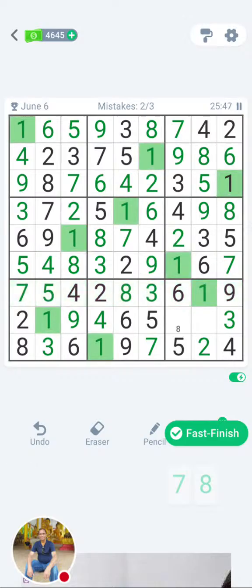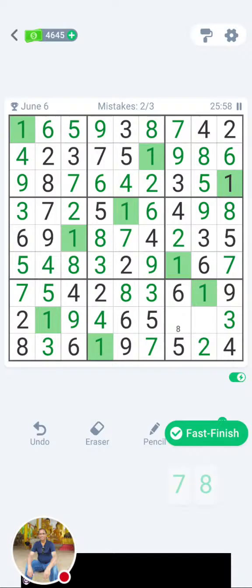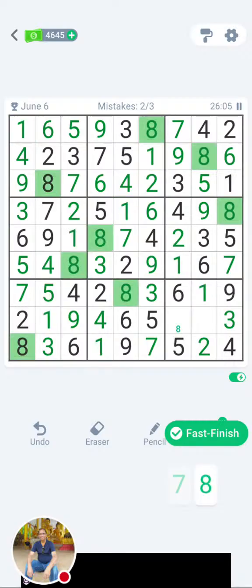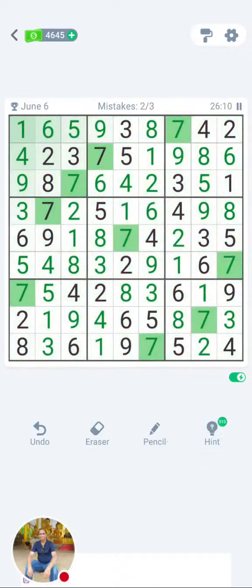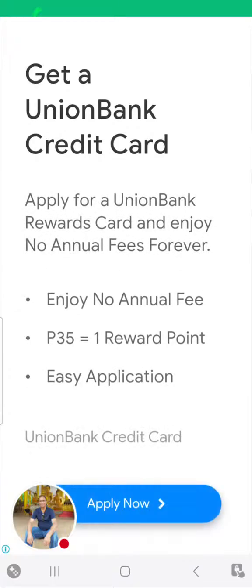Right? And now in the second one there is 1, 2, so 3 and 7 is missing. So look at the vertical one, no, 7 and 8 is missing. 3 is there, 7 and 8 is missing. So if I look at the vertical one, there is already a 7 there, so I put an 8 over there, and then I put a 7 over here. So I had only 2 errors. You can set it for no errors, but I set it for 3 errors. You can set maximum 3 errors. You cannot do anything else.